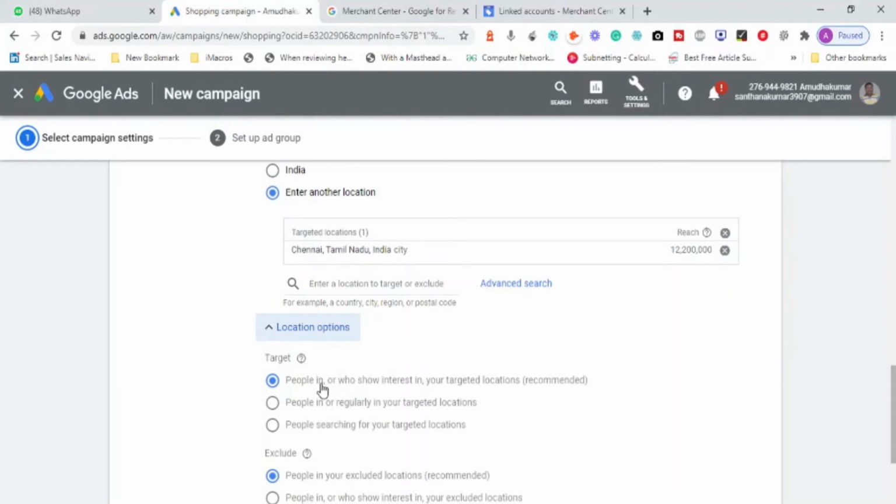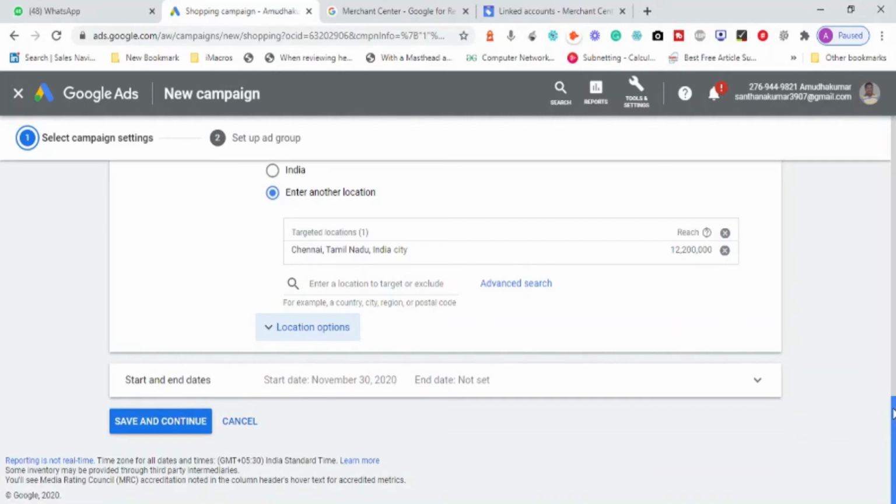As I've already said, when you select the first option, anyone who is interested in the location Chennai but residing outside Chennai, let me say in Singapore, US, UK, Canada, will also be shown this advertisement. But when you select the second choice, people who are regularly in your target location, it is going to target people who are in your current location, who are staying right now. So that is the preferable choice.